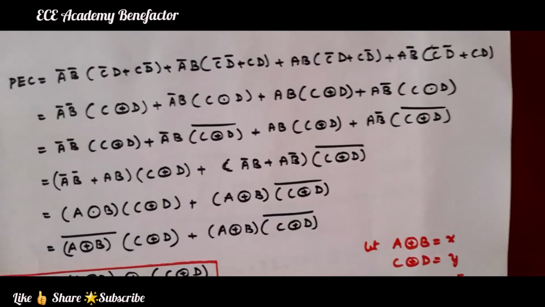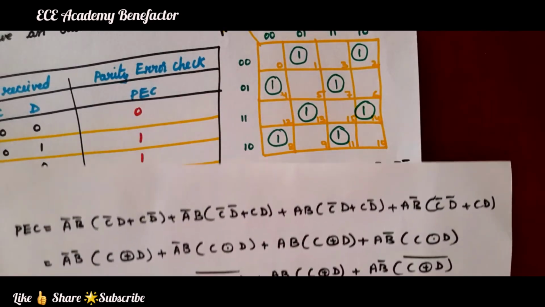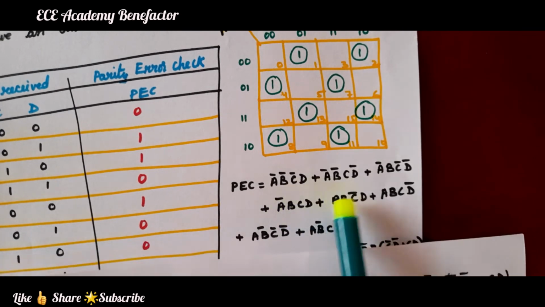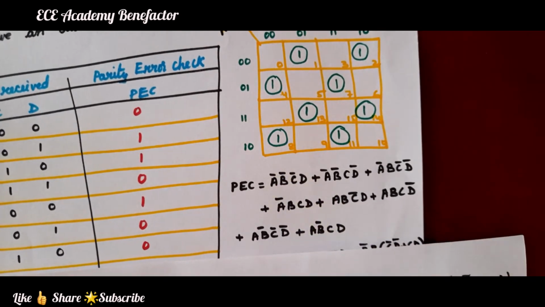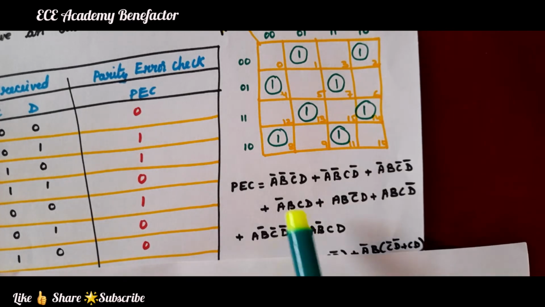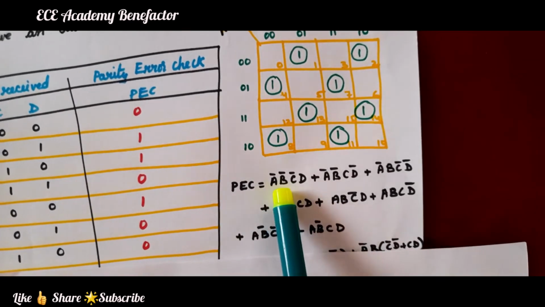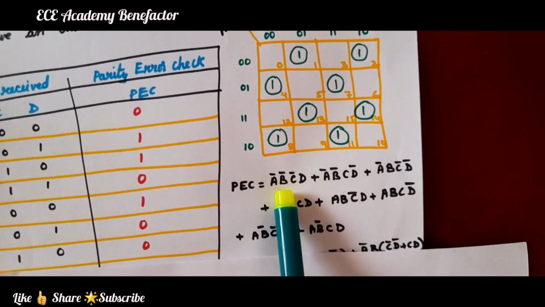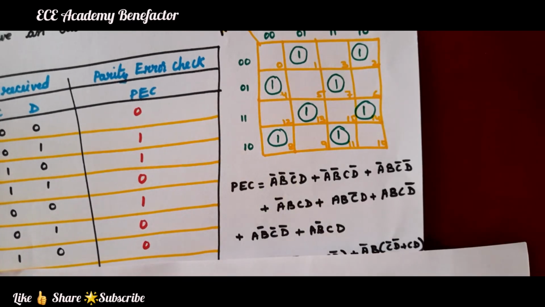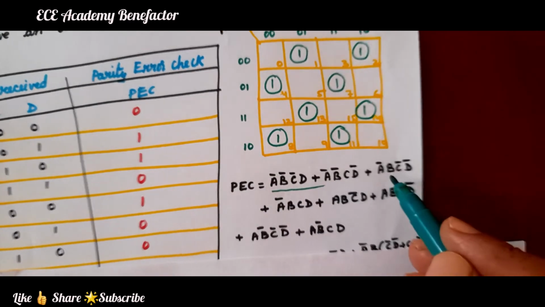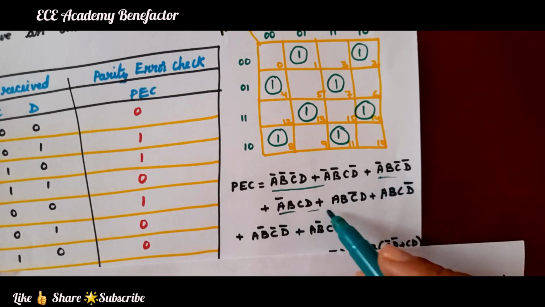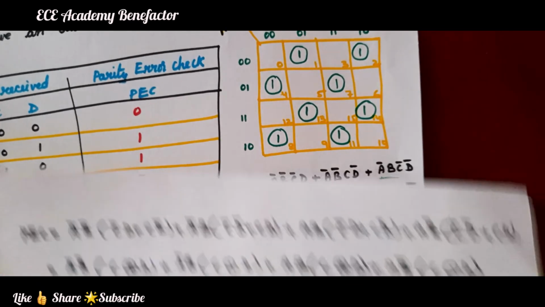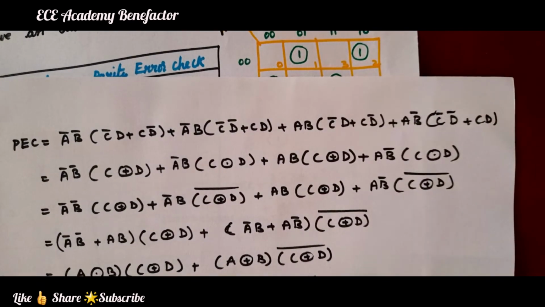Okay, let us solve the equation. We got the equation as A bar, B bar, C bar, D and so on, all 8 terms we got here. After getting these 8 terms, take A bar, B bar common in these 2 terms, then take A bar, B common, then AB common, then AB bar common. So here we are getting it as,